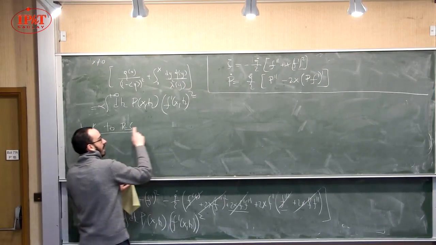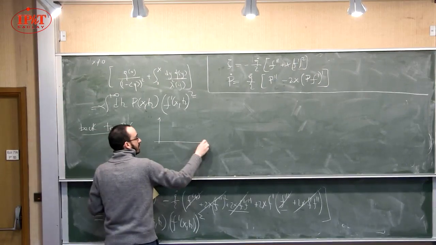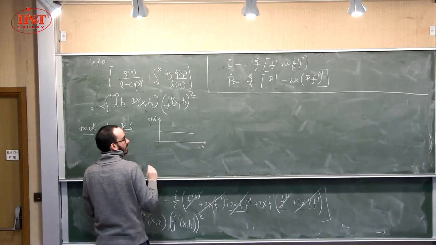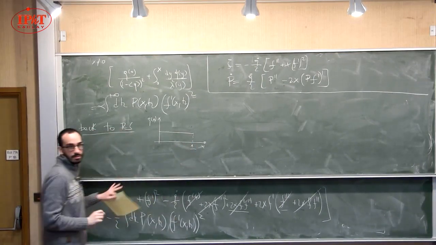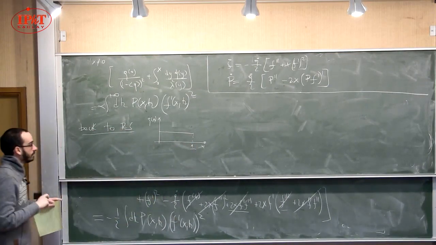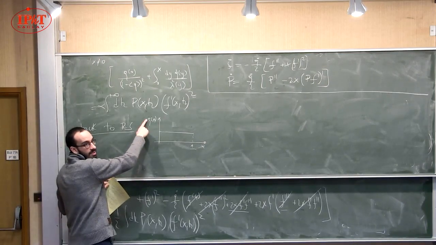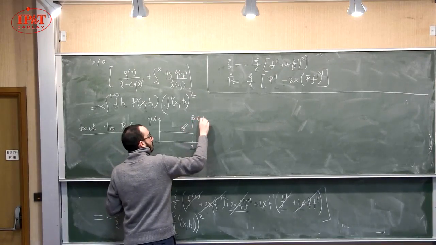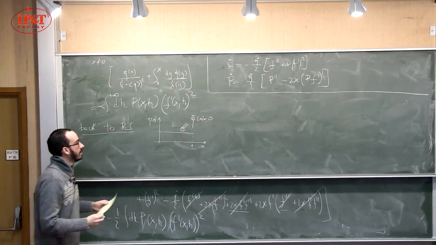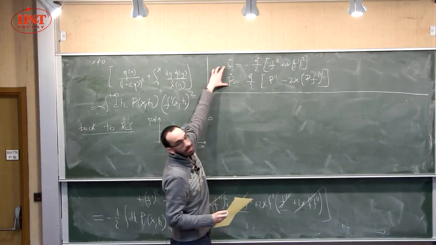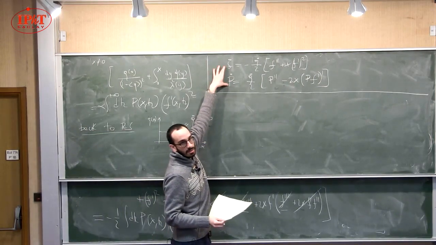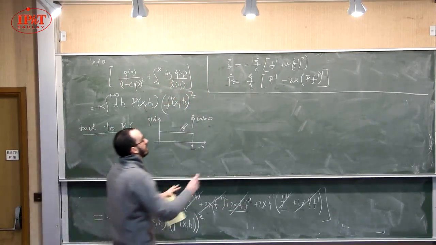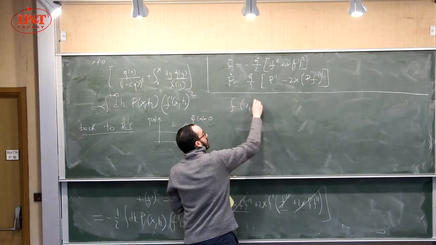So a replica symmetric solution is just given by a Q of x that is flat, right? And therefore Q dot is equal to 0 in this case. So for this, since Q dot is equal to 0, then they just don't evolve. Okay, they are fixed to the initial condition. And we know that the initial condition is